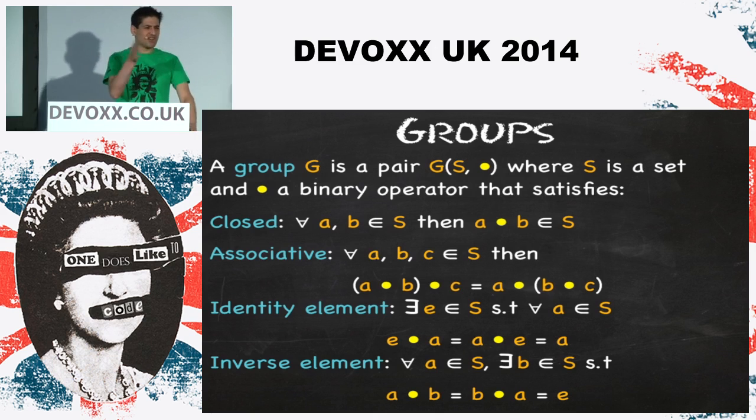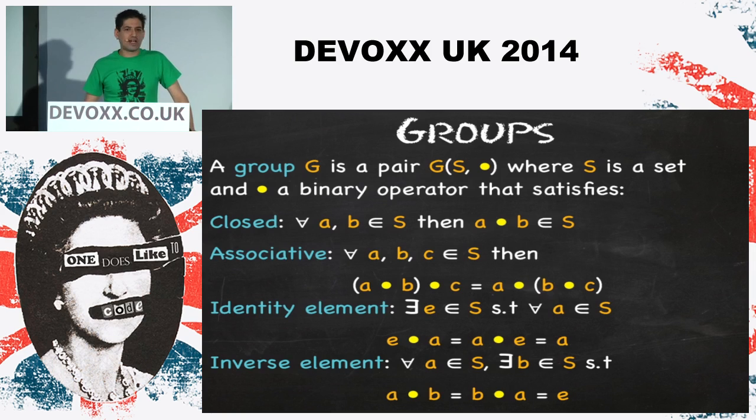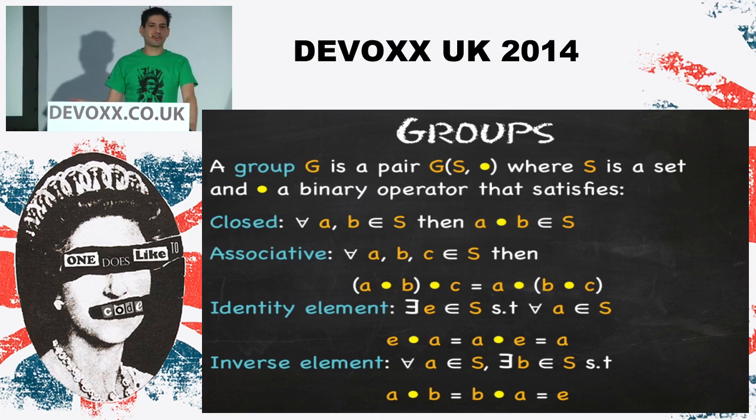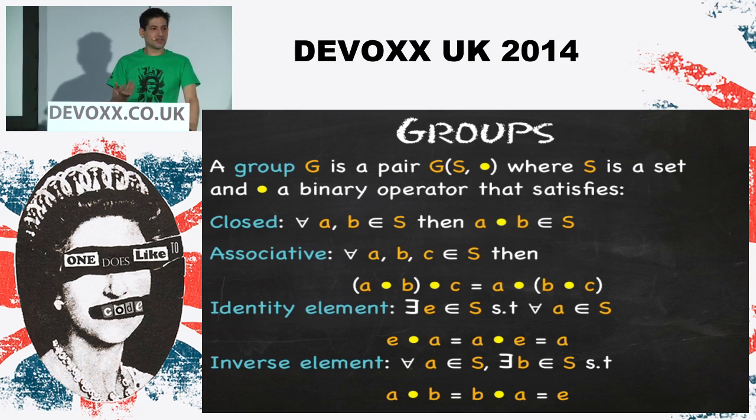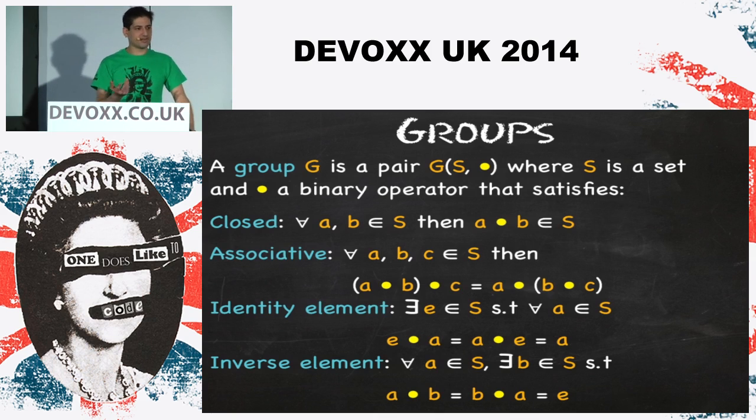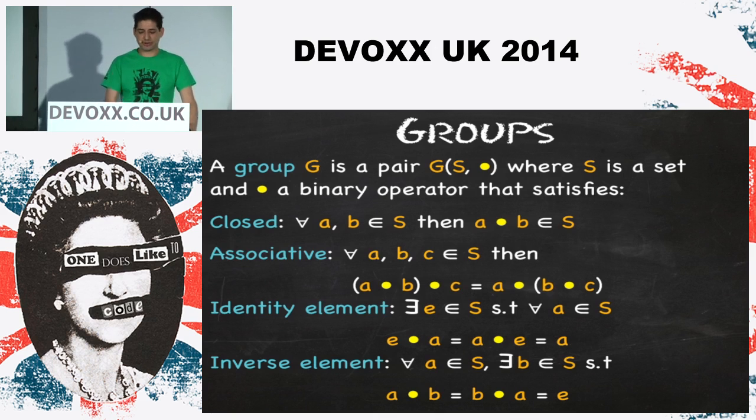Associative is just the order in which you can do things. This is the classic order of operator precedence stuff that we all love from Java, because we can change it, like in C++. You've got to have an identity element: 1 times anything is still the same thing. And then an inverse, for natural numbers, is a minus. So 2 minus 2 plus 2 is 0. That's the inverse for addition. The inverse for multiplication, obviously, you need to introduce fractions. So 3 times a third is 1.